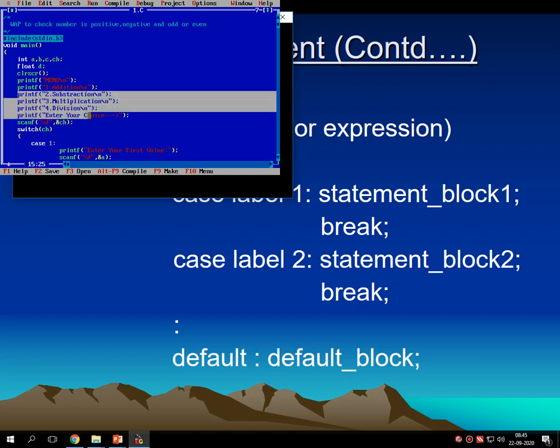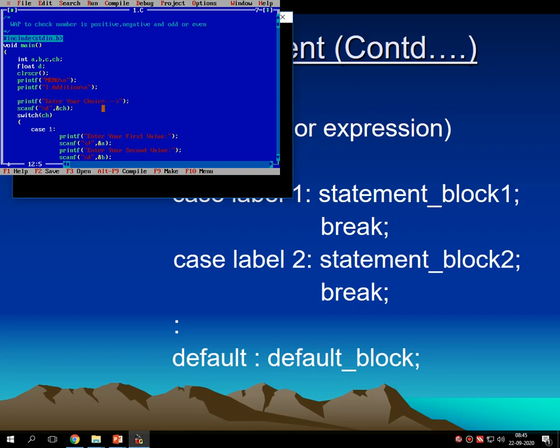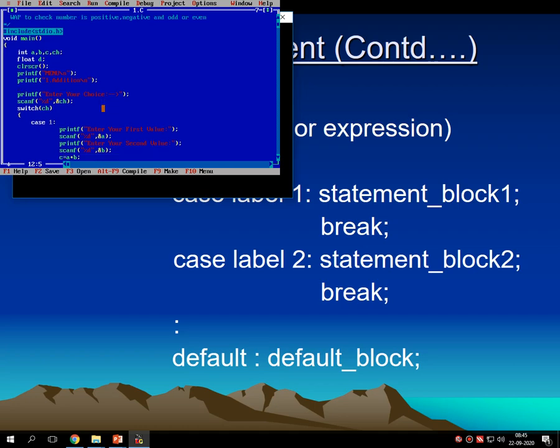So I am just modifying this entire program. We need two choices. So choice number one is positive or negative. Printf.